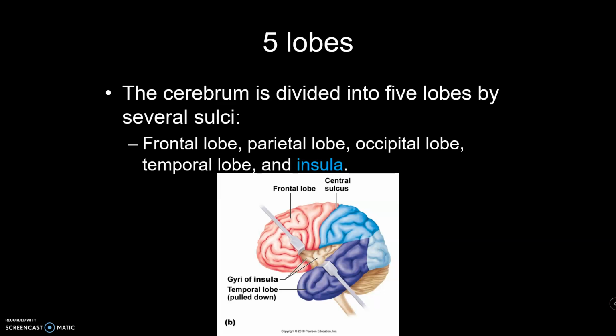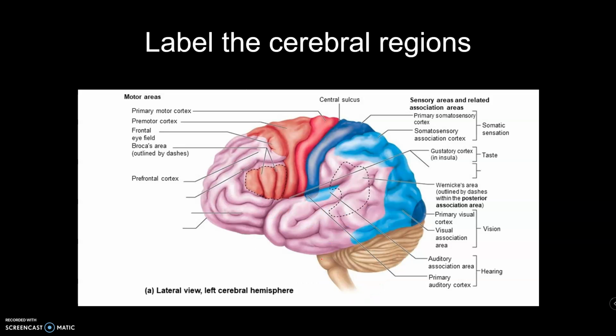And if you peel back, like they're doing in this picture, the frontal from the temporal, the insula is deep to those other layers. From there, I gave you this picture to label. So make sure you do go through and label your stuff. Essentially, everybody is a little bit different. That said, there are a lot of features that are conserved across people that tend to do the same thing